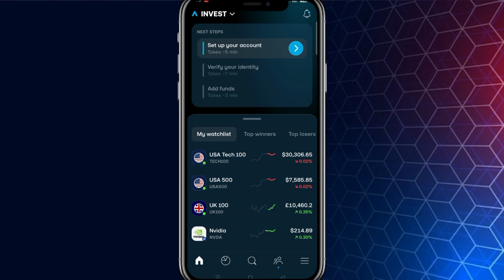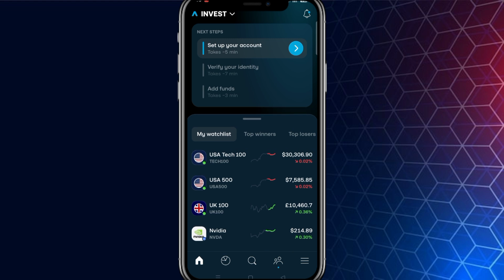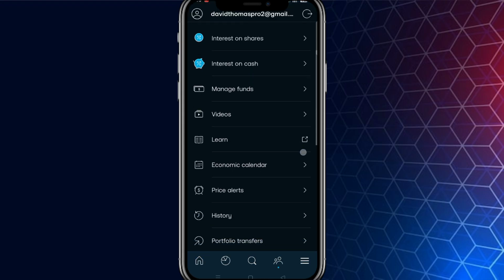From here, you'll need to navigate to the main menu. This is typically represented by 3 horizontal lines or a similar icon, often referred to as the hamburger menu, located at the top corner of your screen. Selecting this will open up a list of options that allow you to manage and explore different aspects of your